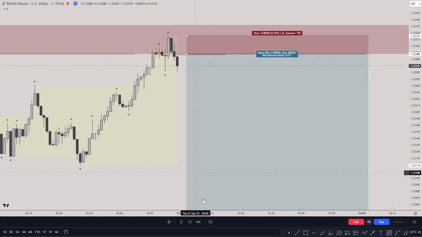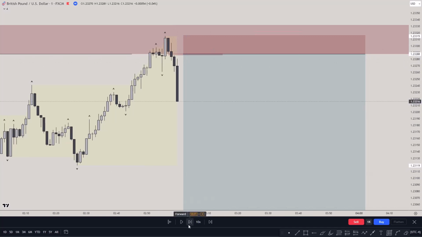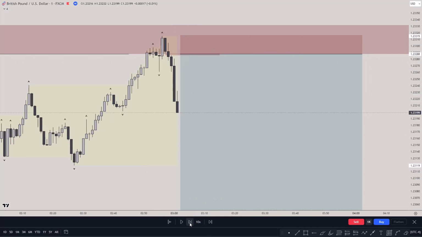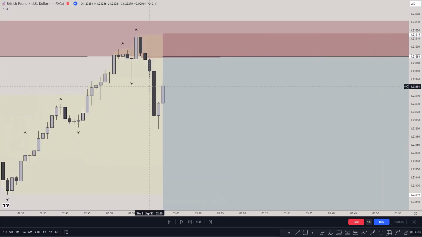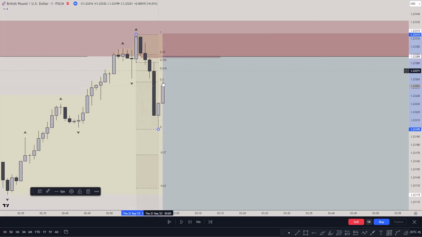So I'm gonna wait for price to come there. And price actually goes lower and lower, and that started to come up. So now we have another fair value gap here, but this is, I think, about 50%. So if I grab my Fibonacci from here to here, we can simply see that here's the 50%, and this